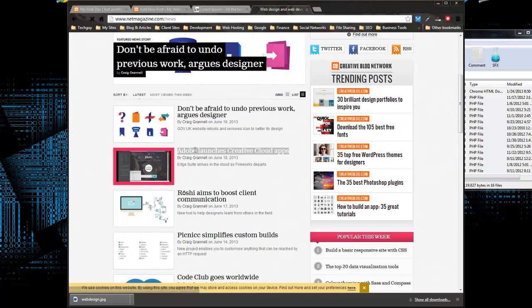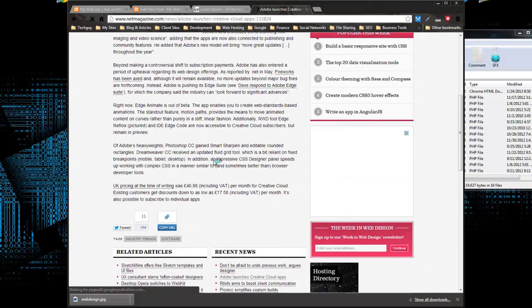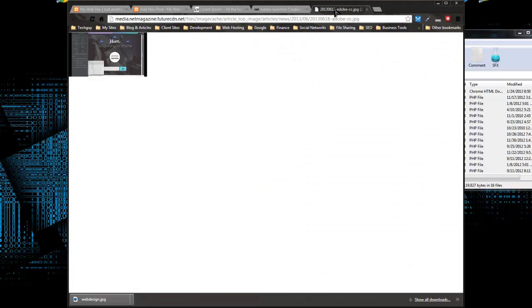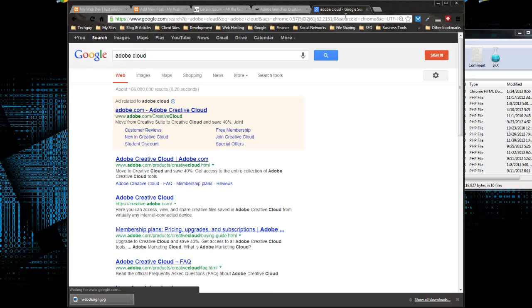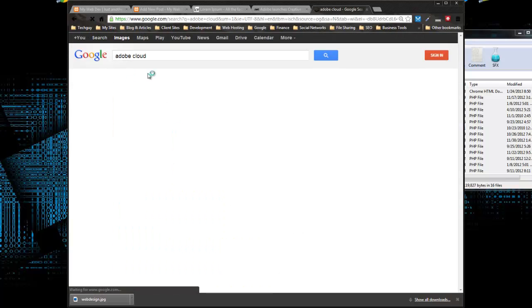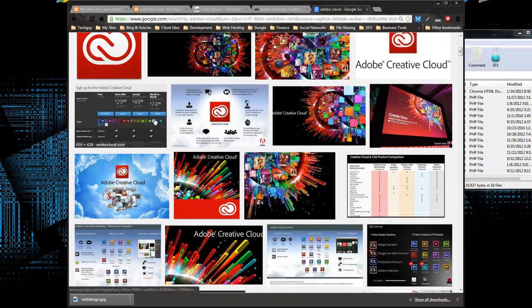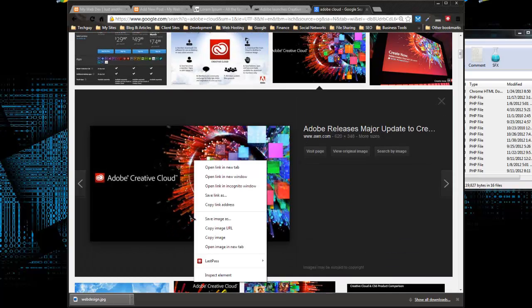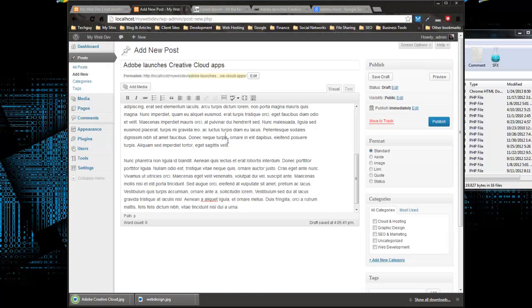And I will grab an image. Obviously, if this was a live site, I wouldn't be stealing their images, but actually that image is kind of big. I mean, kind of small. And I'll include all these files in the program files. Let's just grab one of these. These look nice. So now we can go ahead